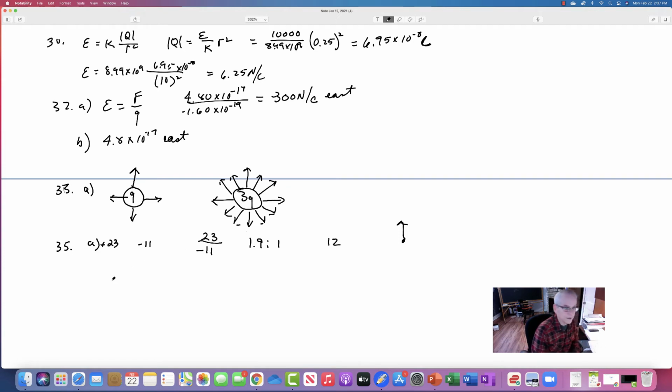Number 41, and this is the last one actually. Number 41 is interesting. It's the kind of problem I find interesting, so you should make sure you understand how to do this. It says, what is the force on a charge located at x equals 8 centimeters, given that Q is 1 microcoulomb? Okay, so we have to basically draw this line,